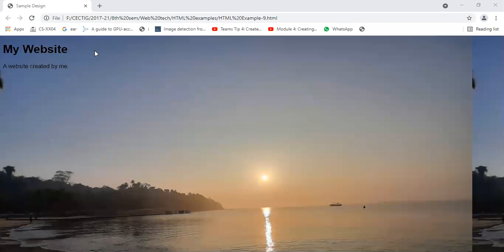So it is simple, and we have a body background image. The image is stored in the same folder, which is why I have only mentioned the name of the image. In case the image is present in some other folder, then we need to give the total path of that image, and that path needs to be present in the HTML file or the notepad file. So this is how a simple website looks. Just by writing some simple text code, we can design a simple HTML page.